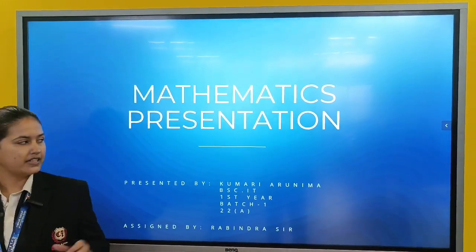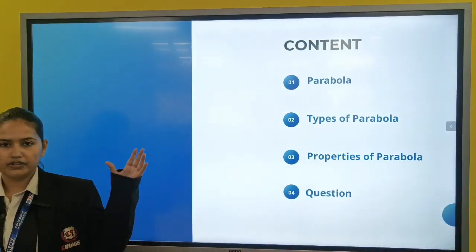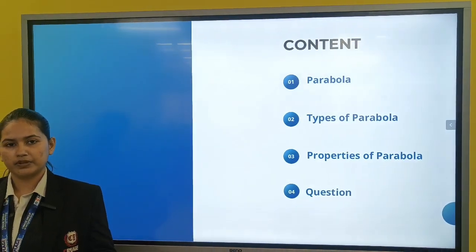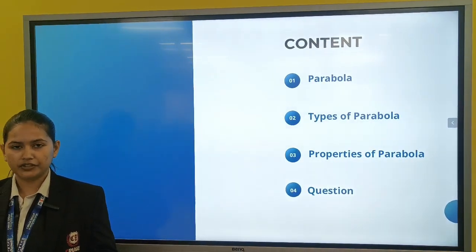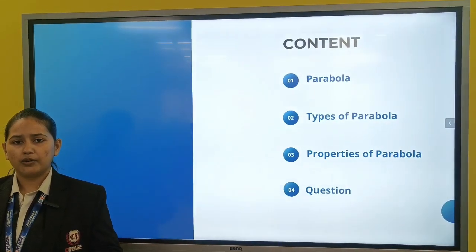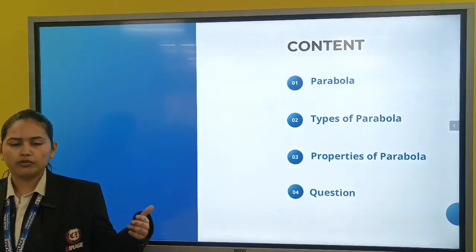The topic that I am here to present today is parabola. For this particular topic, we are going to follow a sequence wherein we are going to first look at the definition of a parabola, then look at how it actually looks like, and then finally move on to the properties